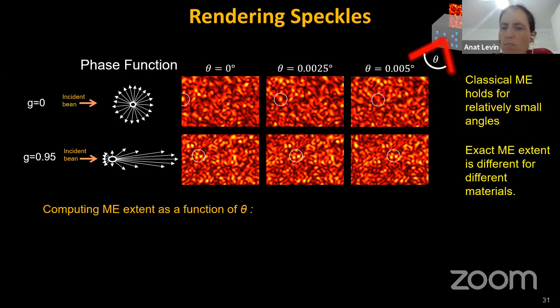Now, an interesting question in the optics literature, and also for many scientific applications, is how the correlation decays as a function of angle. Because, as I told you, the decay as a function of angle is different for different materials. So if we know how it decays as a function of angle, we can distinguish between different materials from the